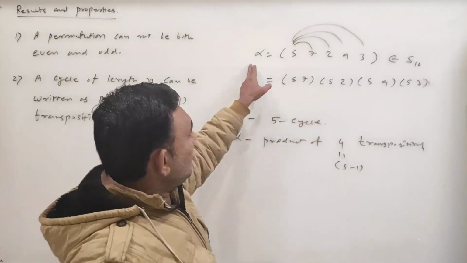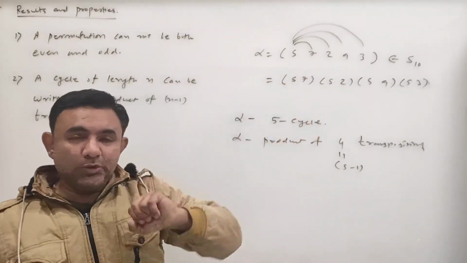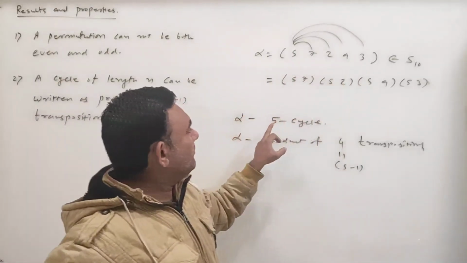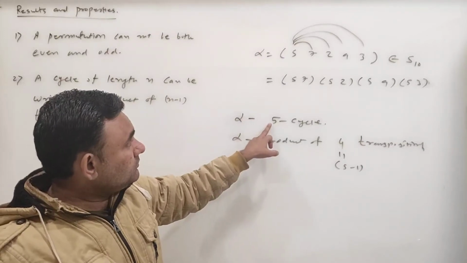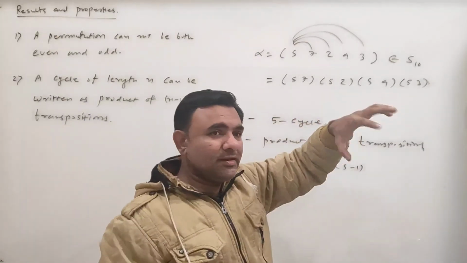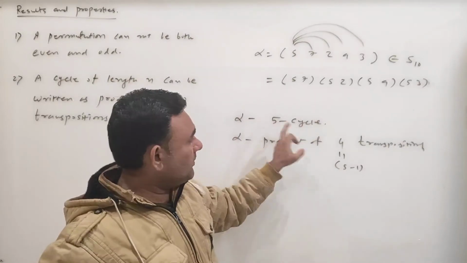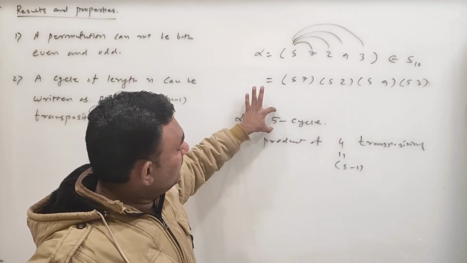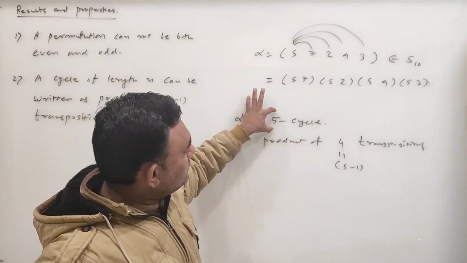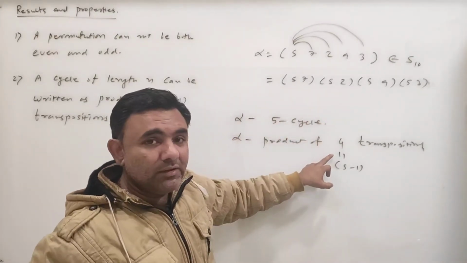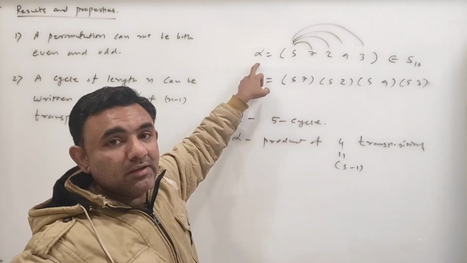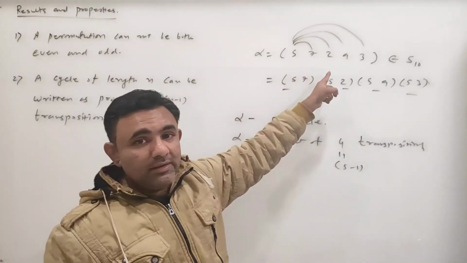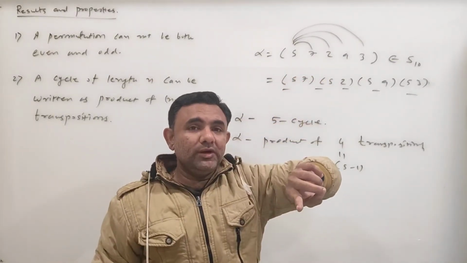तो देखो ये जो अल्फा एक मेरा साइकिल है तो वो अपने आप में एक परम्यूटेशन तो है ही. राइट, तो ये जो अल्फा की लेंथ क्या थी यहाँ पर 5 थी, लेकिन वो प्रोडक्ट ऑफ ट्रांसपोजिशन कितने ट्रांसपोजिशन का प्रोडक्ट है 4, is 5 minus 1. तो ये मेरा 5 ओड है, लेकिन उसको मैं ये जो 4 है 5 minus 1, that is even. तो ये मेरा जो अल्फा साइकिल था वो क्या हो गया, it is even permutation. उसकी लेंथ ओड है लेकिन वो परम्यूटेशन इवन है.